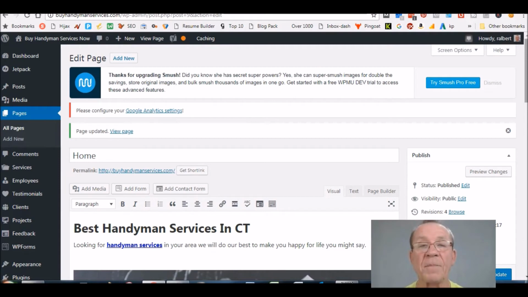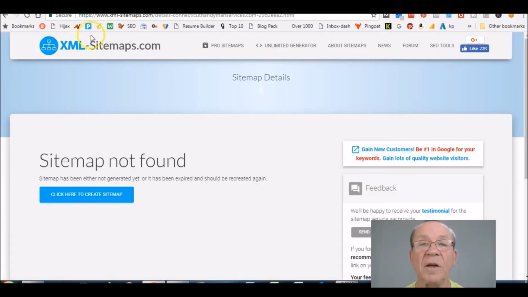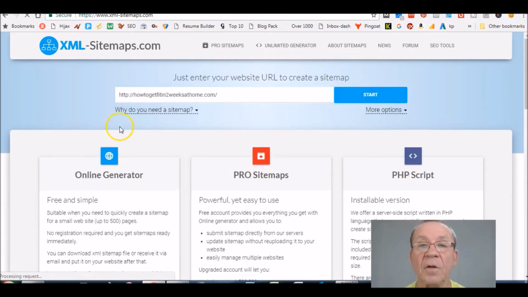So now we want to go to doing a sitemap. Now, a lot of times Yoast is supposed to actually do sitemaps for you, but they don't. At least not in my experience. So you just go here to www.xml-sitemaps.com. Here it is right here, and you can click here to create a sitemap. So if you put your URL right in here,